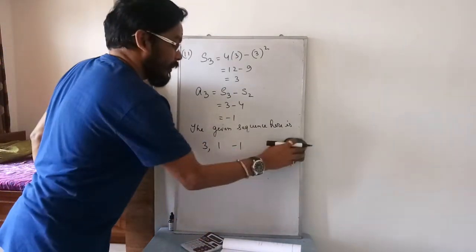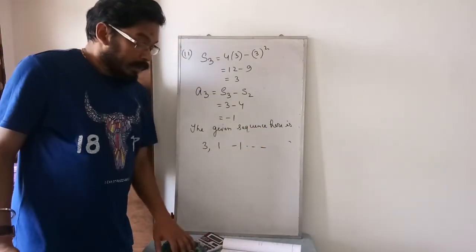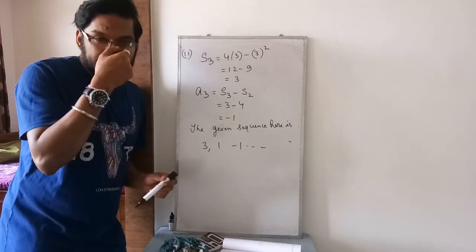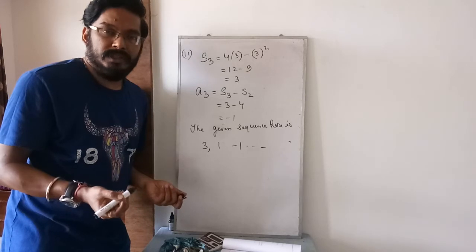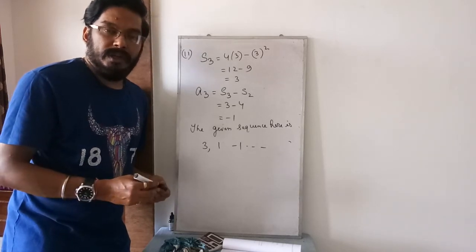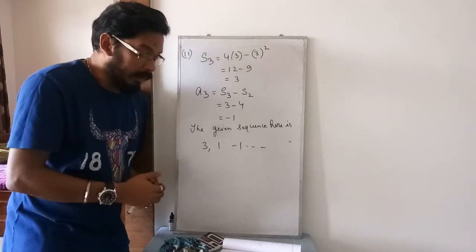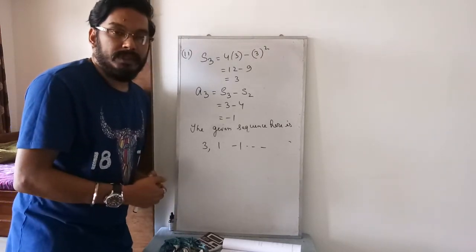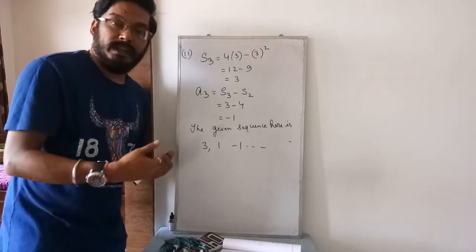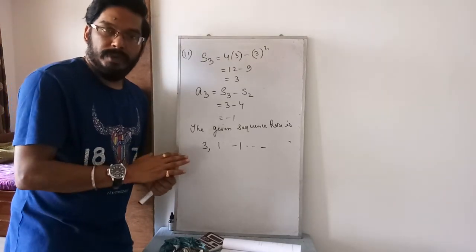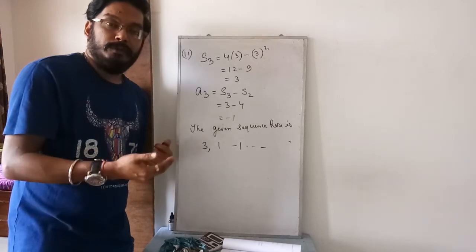Okay, so this is my sequence. Got it? I repeat again. The sum of first n terms was given, Sn. I have to find out the first term. So the first term and S1 value are the same. A equal to S1. So S1, how will you find out? In place of n you put 1 and you get 3. Then they have said what is the sum of first two terms, means S2. So in place of n you put 2. Now next they have said what is the second term. To get the second term, S2 minus S1, which I have explained already. So you get the second term. Then to find out the third term.